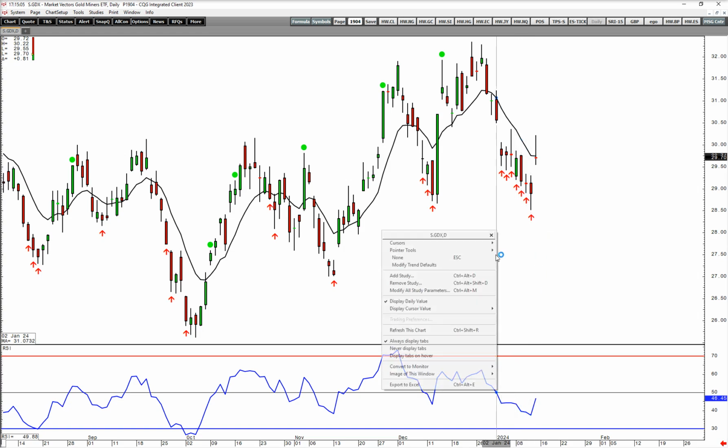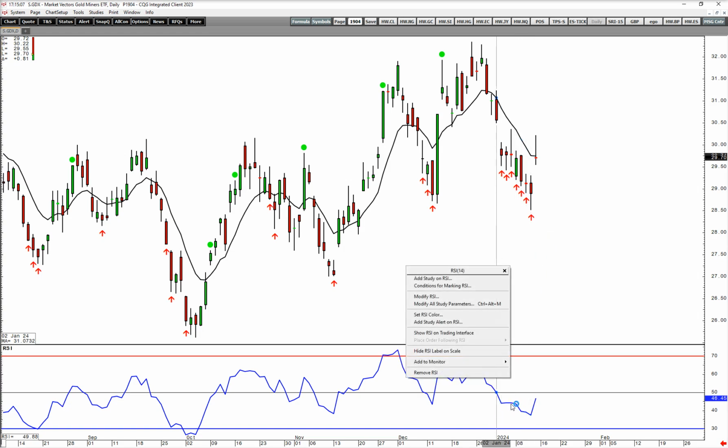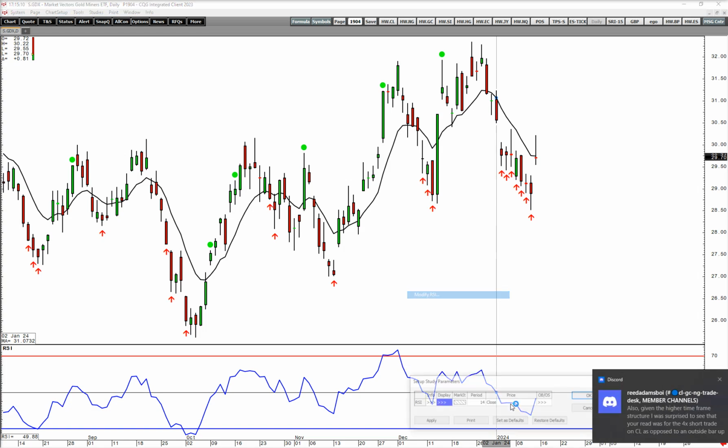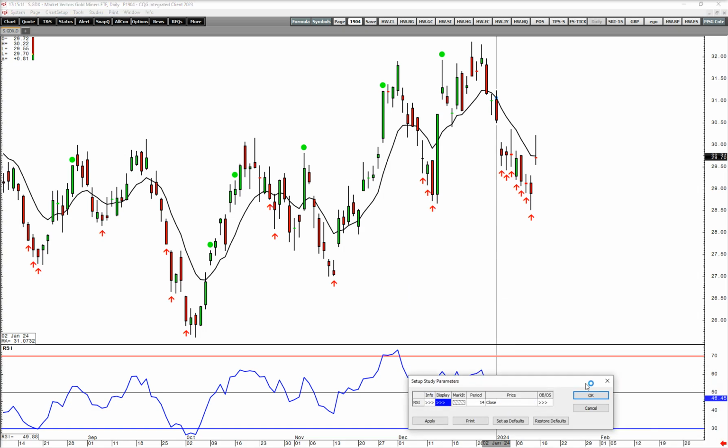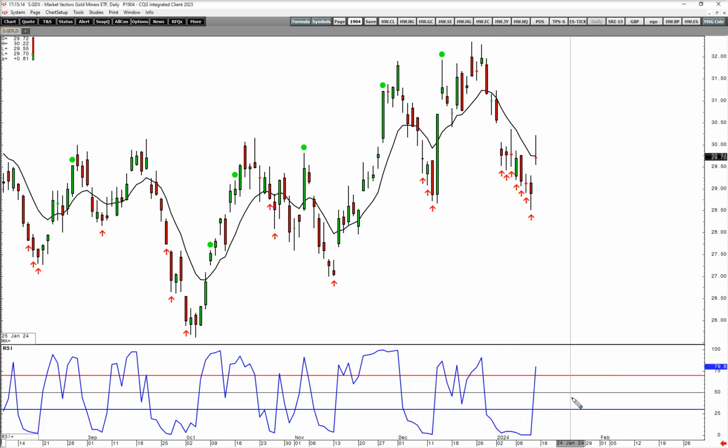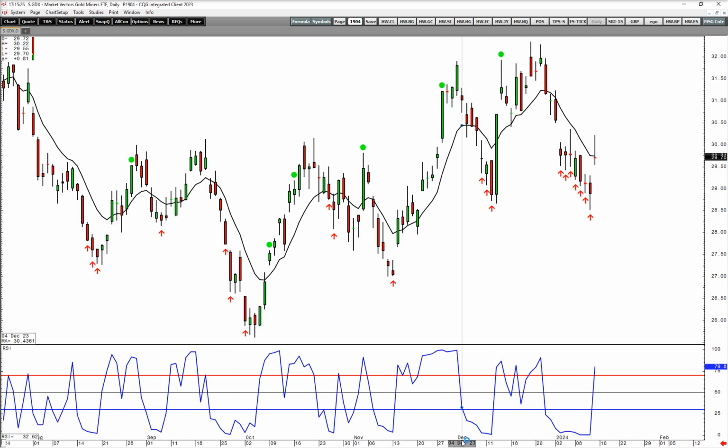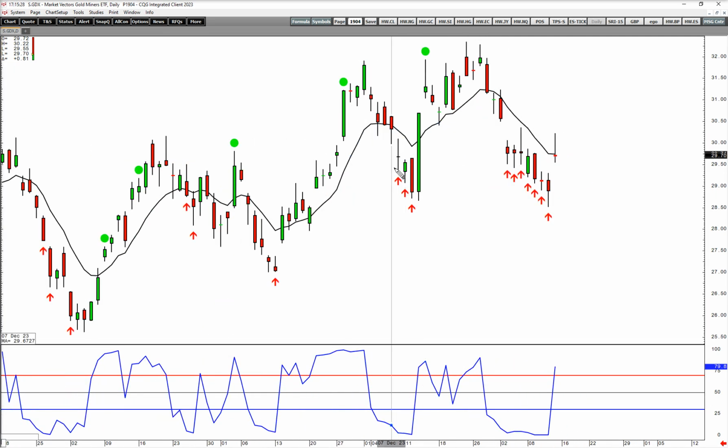7 days in which the 2 period RSI was less than 5. And I like that as a short-term indicator of being oversold. And as you can see here, 7 days beneath that. And you can see back here in December, when we had 3 days beneath that, we